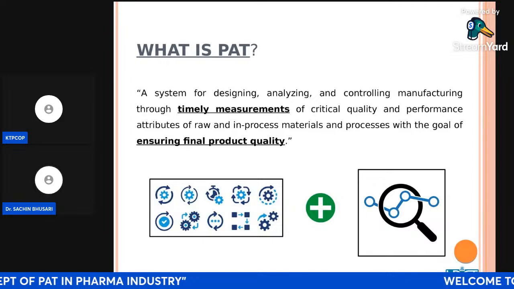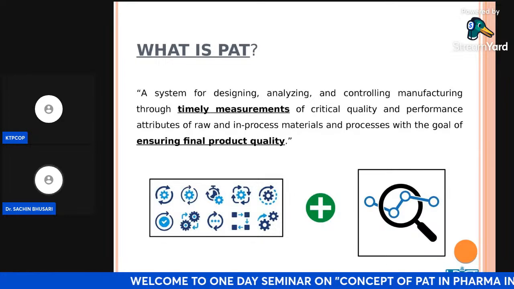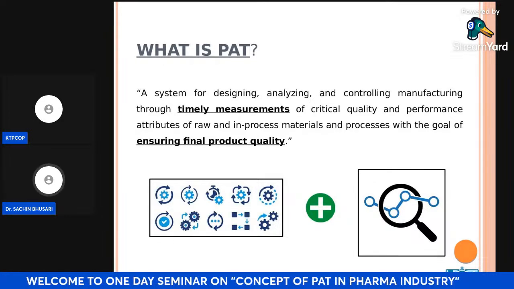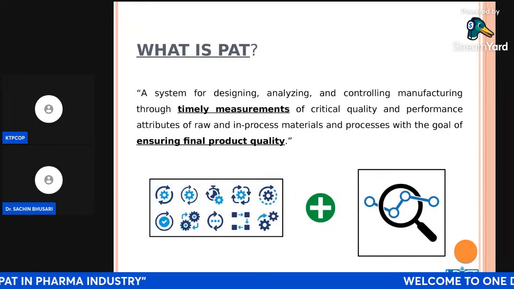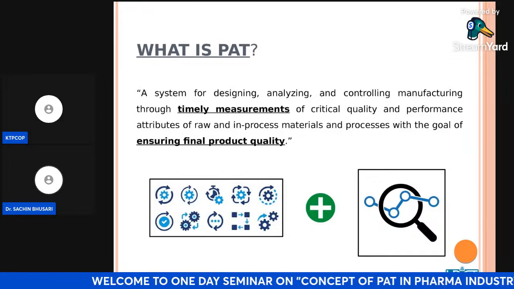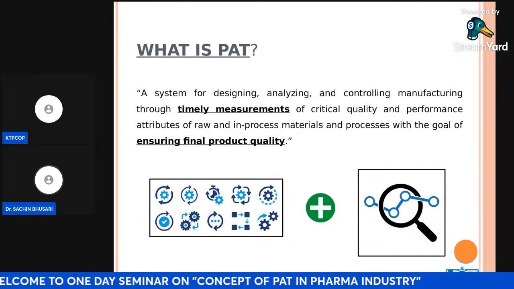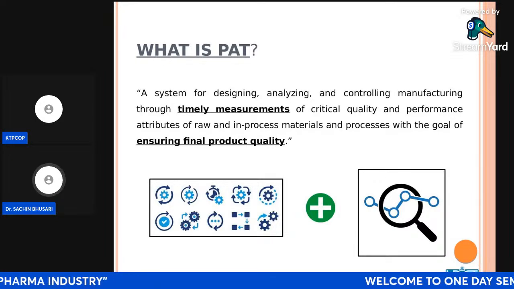It's a clear understanding. I'm sure some of the PG students will be there, so I'll be trying to explain some of the basic things also, not only applications but some basic things which can be useful for you in your PG programs also. Some of the PhD students might be there, so they might be interested in this information. So what is PAT? It's process analytical technology. It's a combination of process and analytics and the technology to manage both the process as well as these analytical tools. If we do that, that is PAT. So this is for understanding.